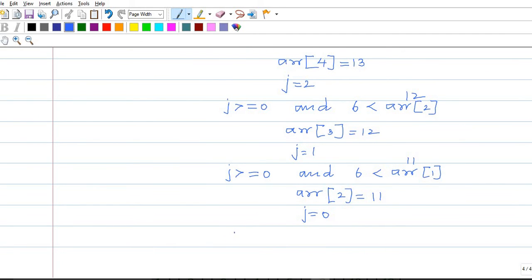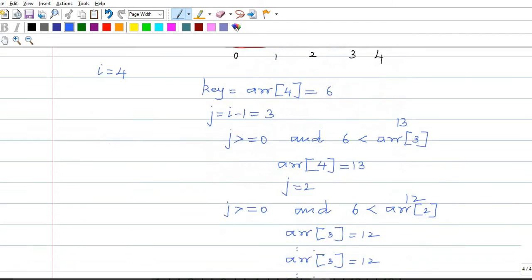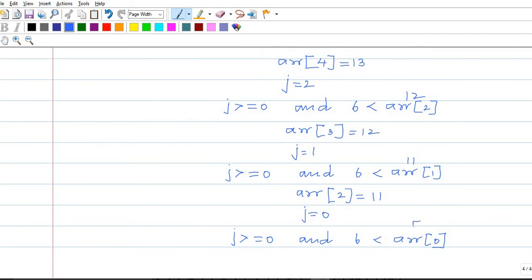So j greater than or equal to 0, the condition is true, and 6 less than ARR 0. ARR 0 is 5. The condition fails.